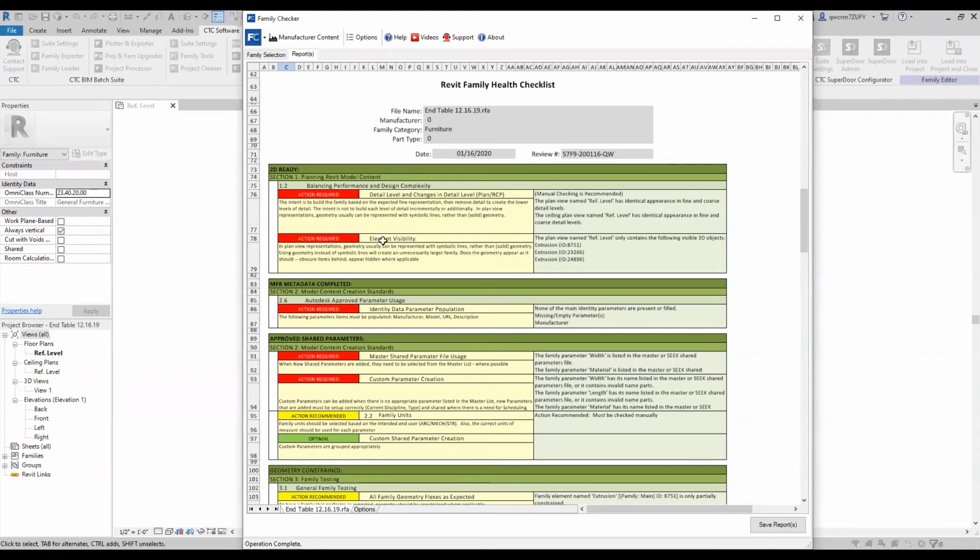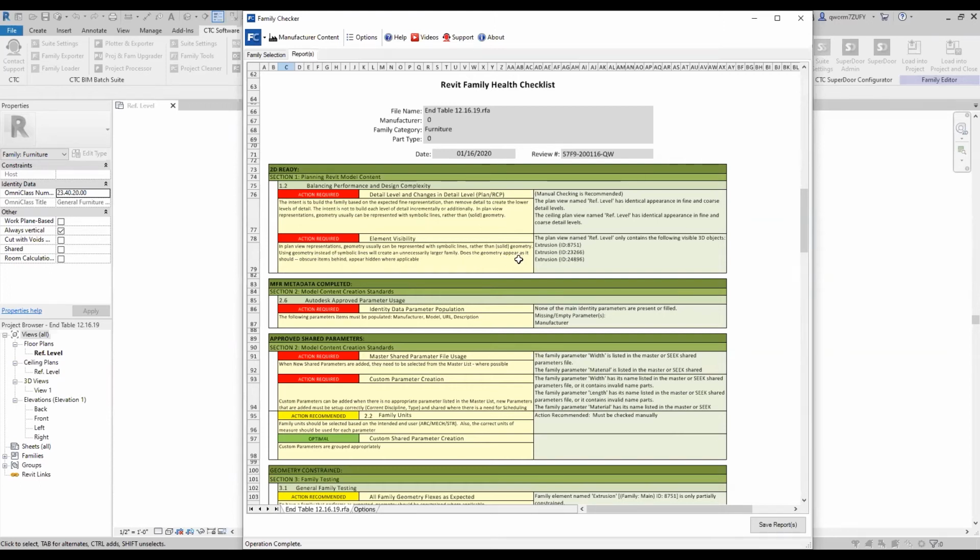And the next it's showing the element visibility. So this is just looking at the element as a whole in the plan view. On my reference level, it's saying that it's showing 3D objects, which I don't really mind because it's just a simple table I just threw together. But if I was worried about making my file size bigger or not, I can come over here and it's saying instead of showing it to just make symbolic lines to make the file size smaller, but I'm not really